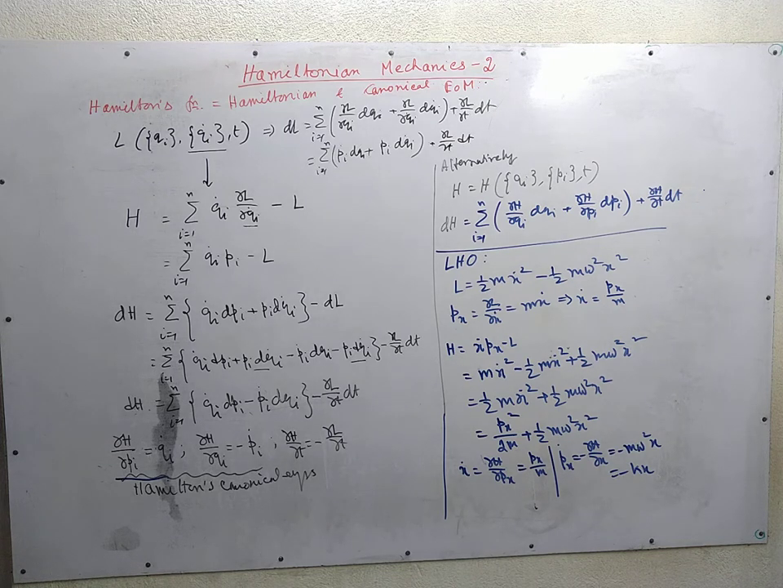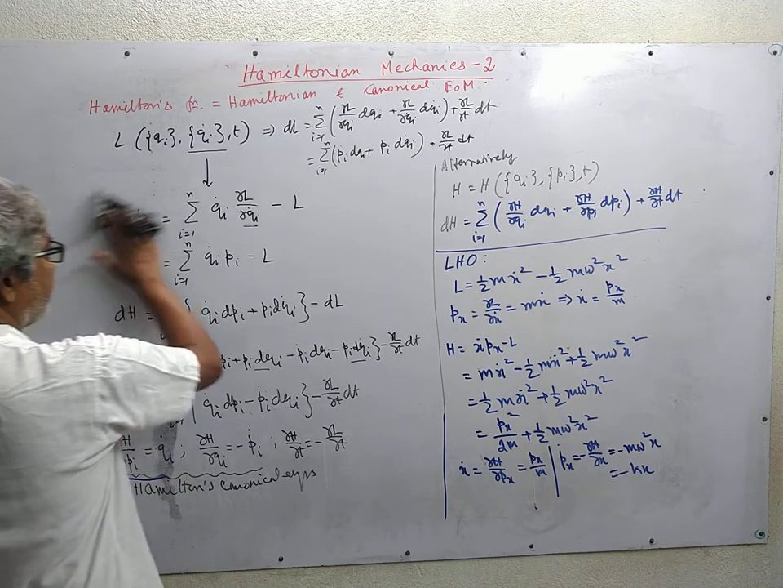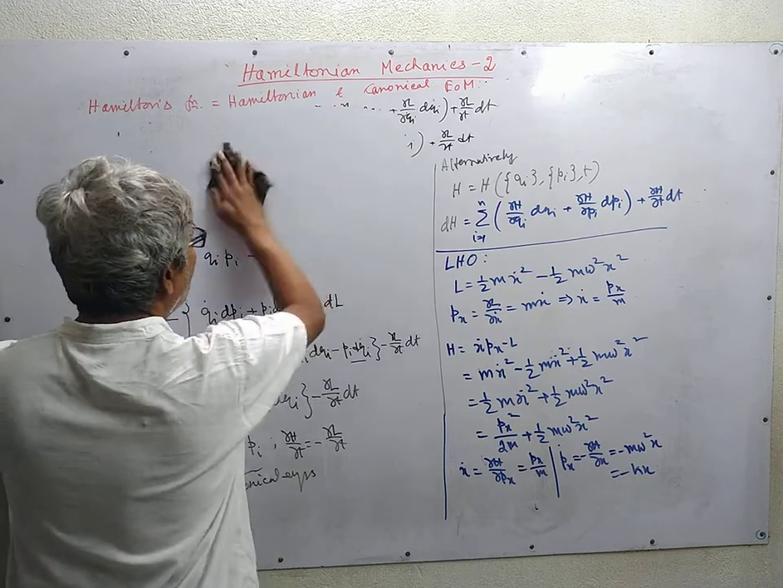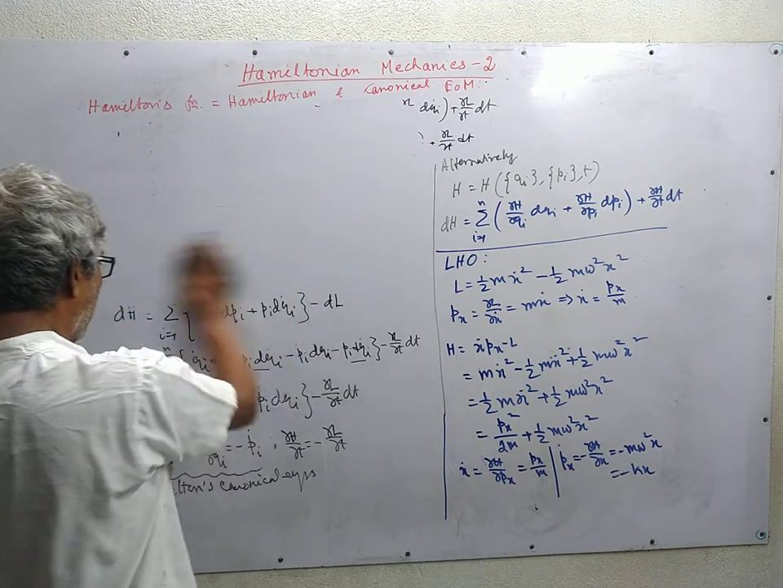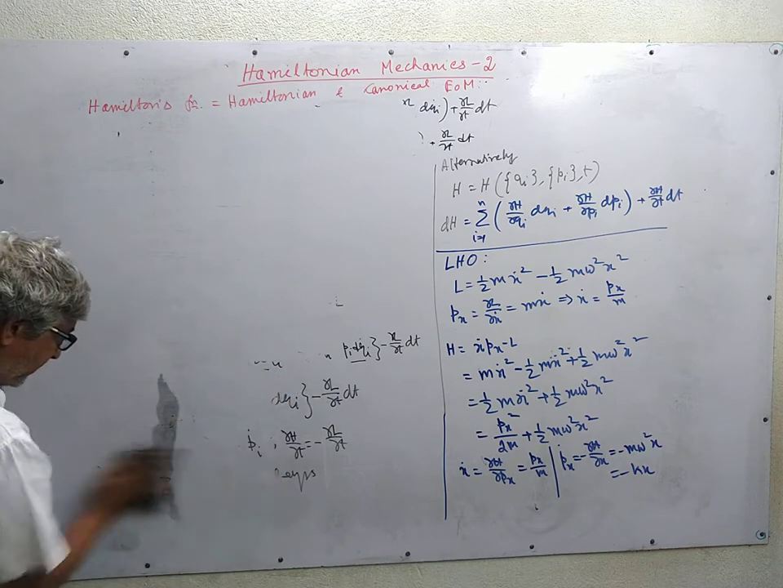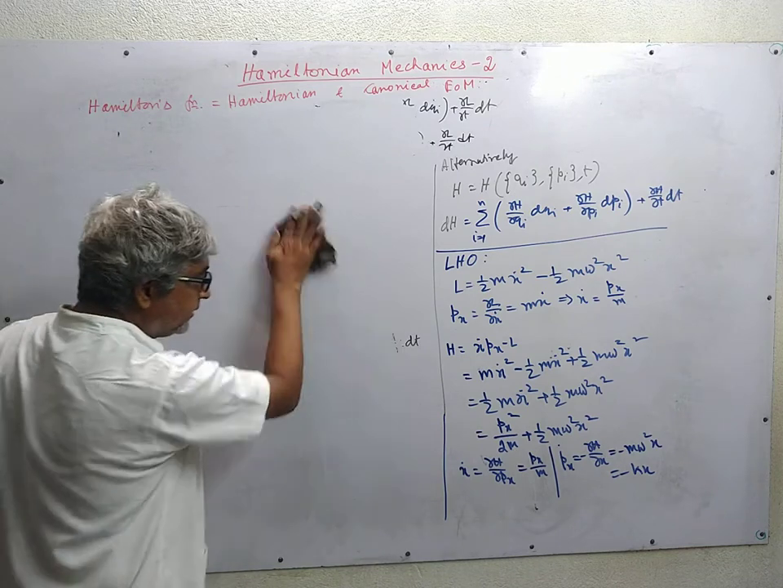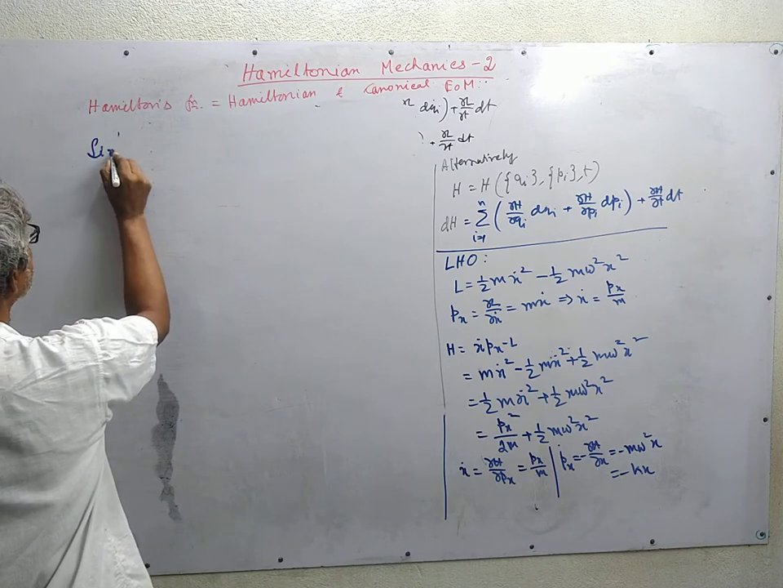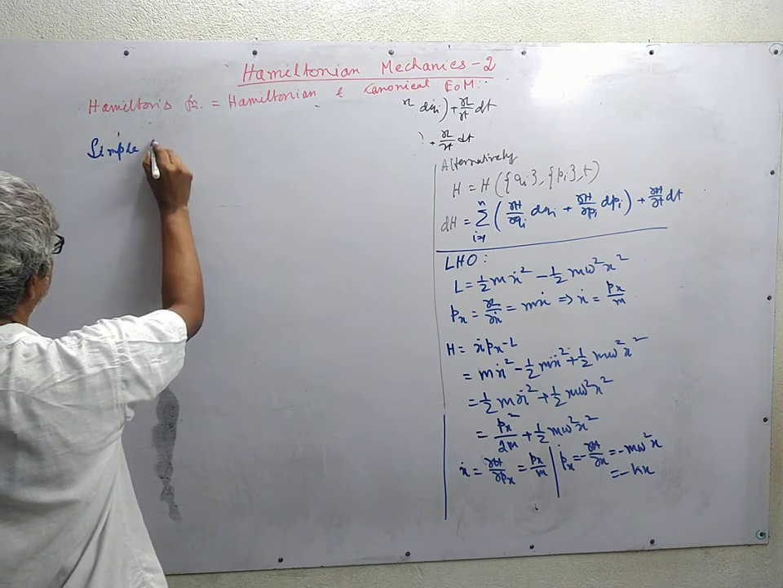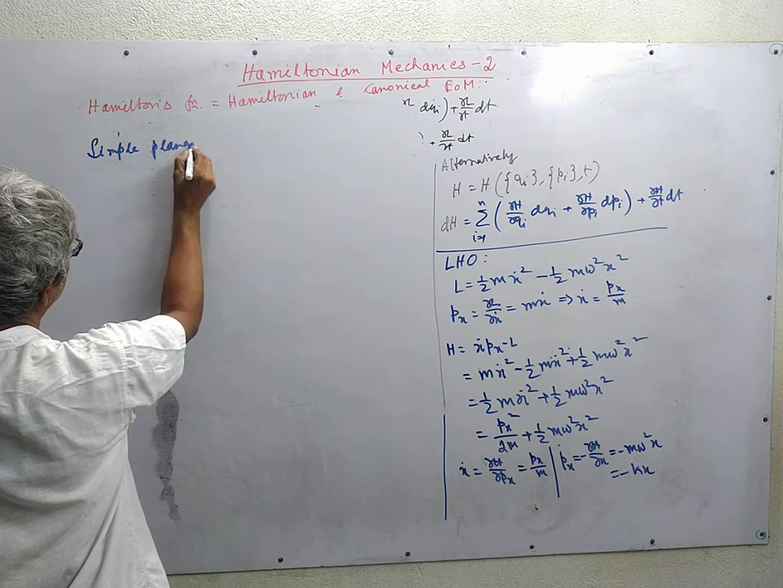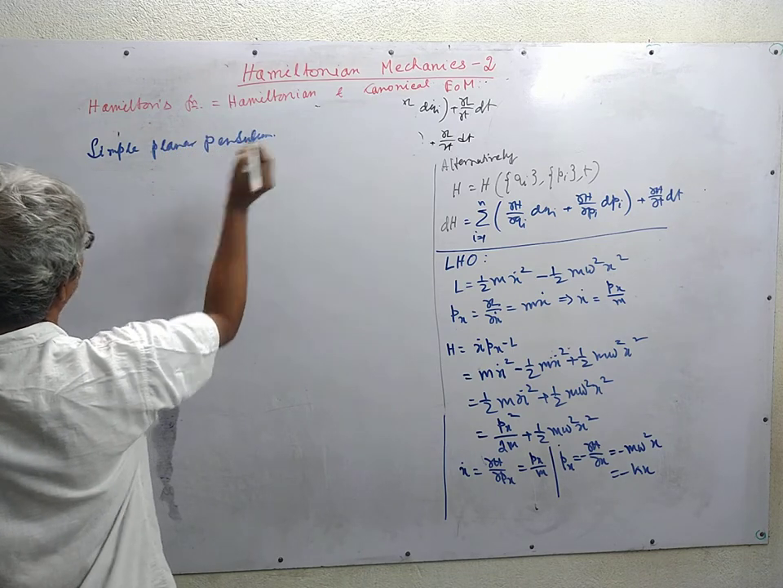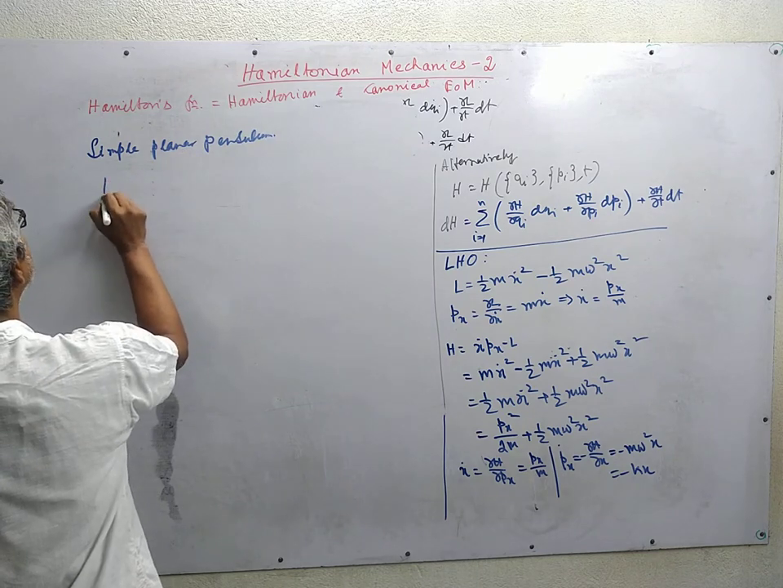Another example is the simple pendulum. Let us consider the simple pendulum problem. Other problems we shall discuss in a separate class. So for the simple planar pendulum, we know that the Lagrangian was